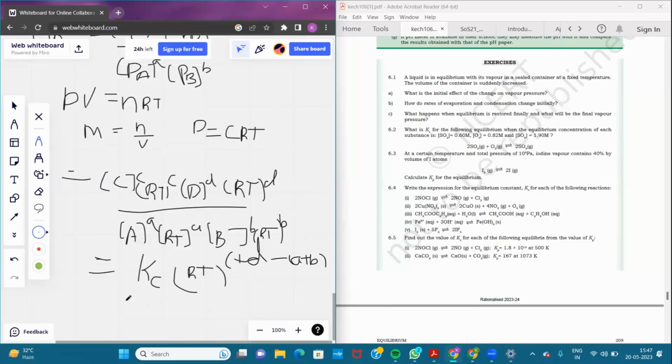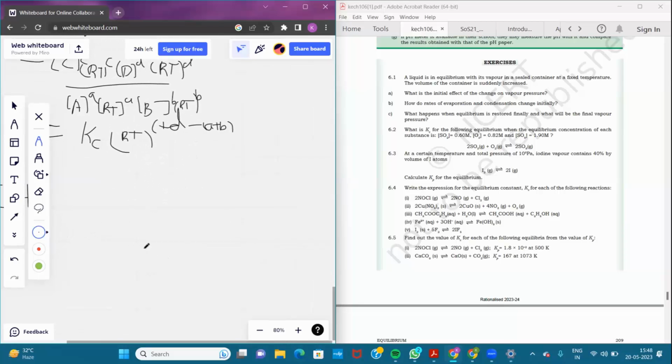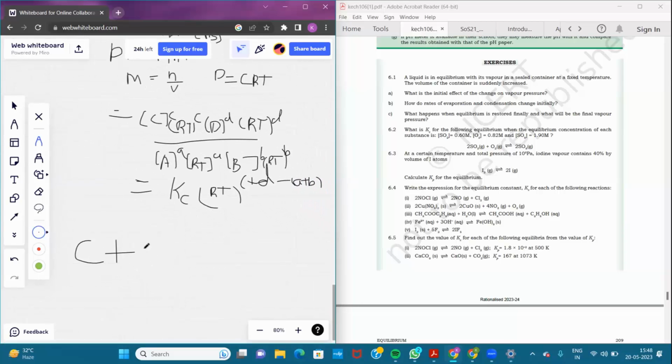Here, for the given reaction, this relation c plus d minus a plus b